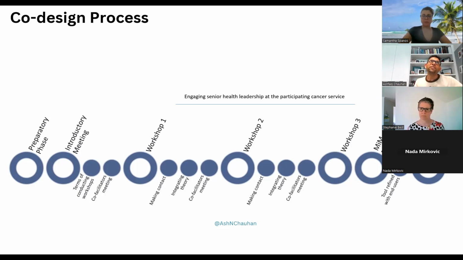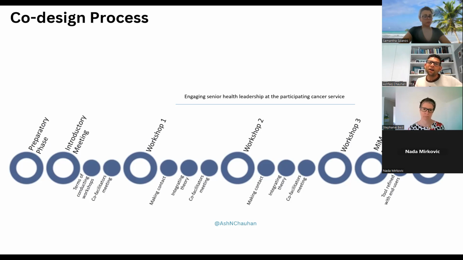But we also considered that for the intended outcome or intervention that was developed to be implemented or tested, at least at the participating cancer service, it is important to engage with senior health leadership.